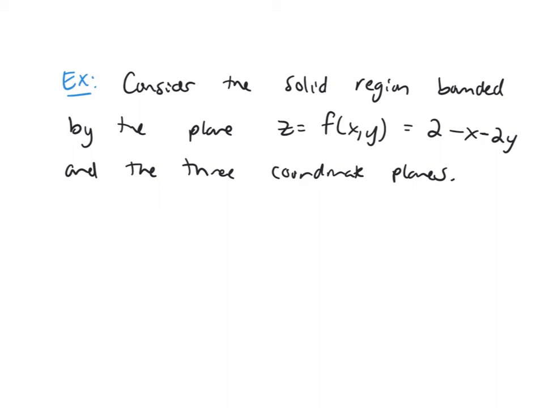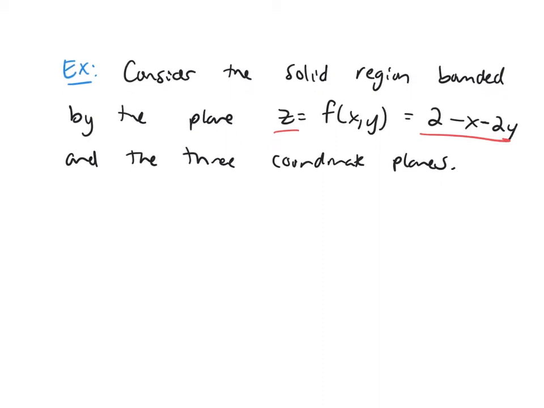So if you graph this function right here, z equals this is the equation of a plane. And so you're going to have a plane, and you want to consider the intersection of that plane with the 3 coordinate planes, so the xy plane, the yz plane, and the xz plane. So if I draw this out here,